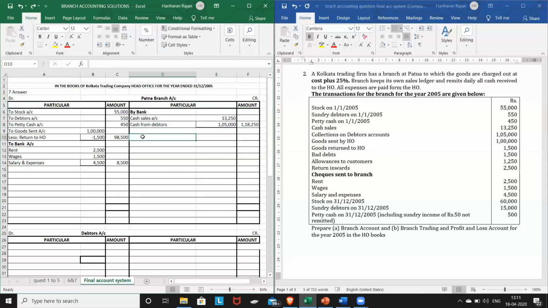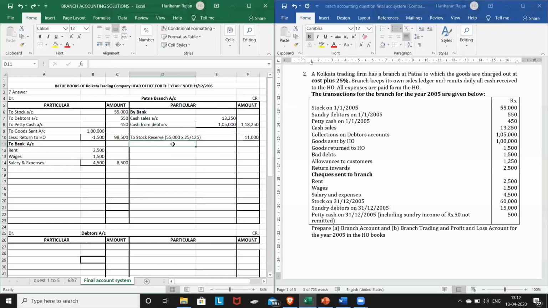Now let's remove the profit which is being added to the cost. Sorry, added to the stock. So opening stock will have on the opposite side. Opening stock is 55,000. If you remember, we have done various problems on this. If you look into the previous problem, the way of removing is for cost plus profit, opening stock 55,000 into 25 by 125, 100 plus 25%. There is a formula also which we have discussed.